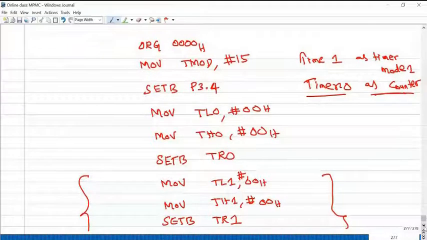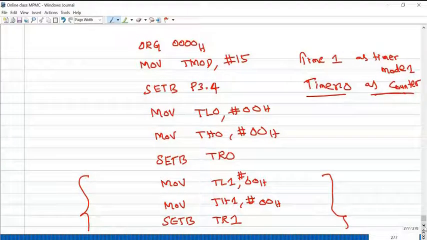In the previous classes we discussed, for 22 megahertz the maximum you will get is 35.75 milliseconds.